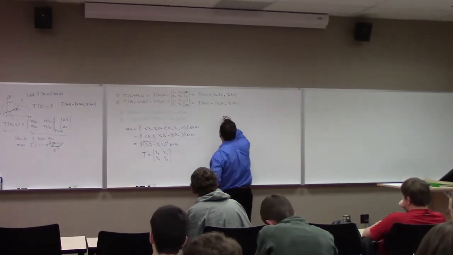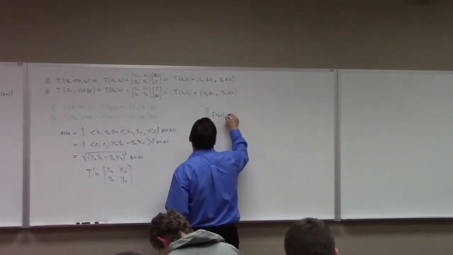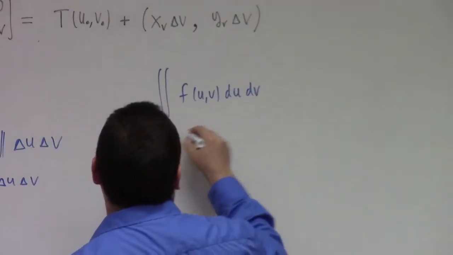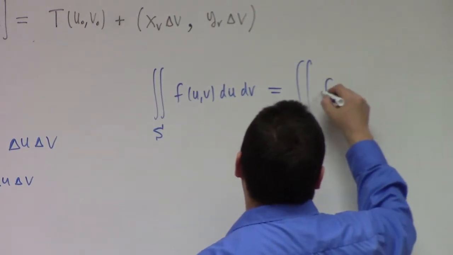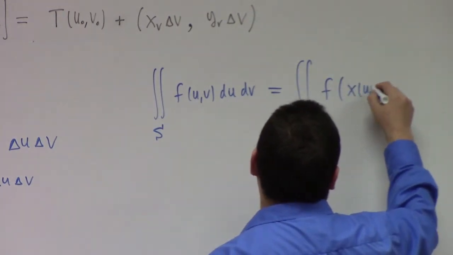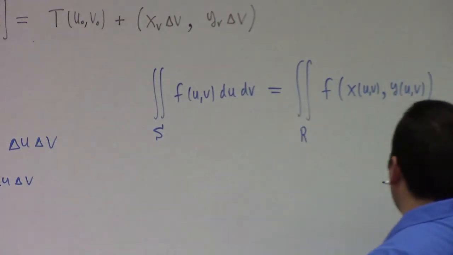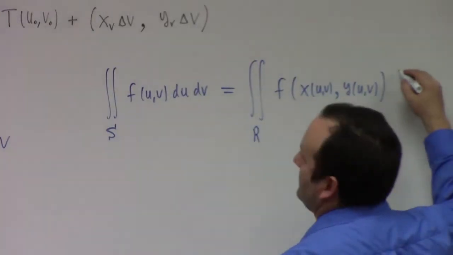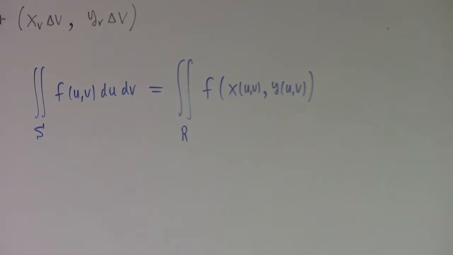It follows then that the double integral of f of u comma v, let's say du dv over S, is equal to the double integral over R of f of x of u, v comma y of u, v, times what's called the Jacobian determinant. So this factor right here gets a special notation. It's sometimes denoted